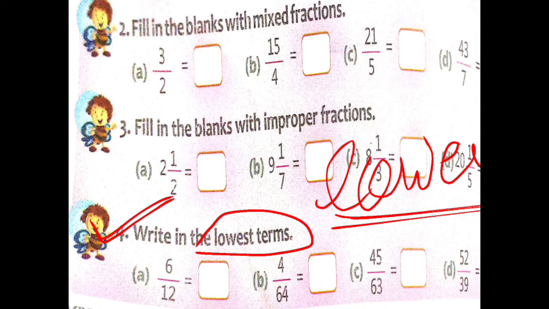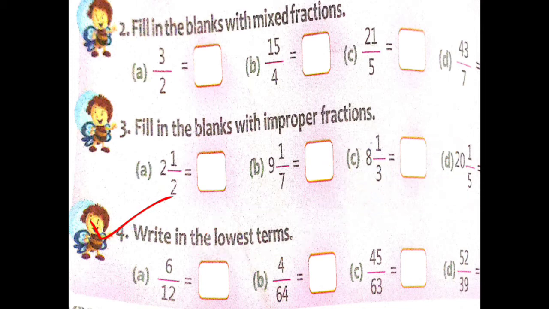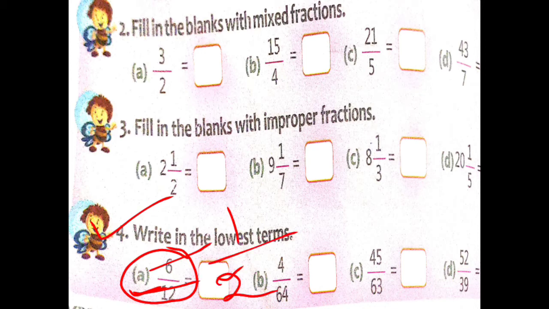Okay. So to find the lowest term, what we have to apply is we just cut or divide the values. I'm taking an example, given 6 upon 12. How am I going to convert this into lowest terms? As you can see, 12 comes in the table of 6, so directly you can cut: 6 ones are 6, 6 twos are 12. So the lowest term you got is 1 upon 2. Furthermore, you cannot convert it. Okay, 1 upon 2, got it.